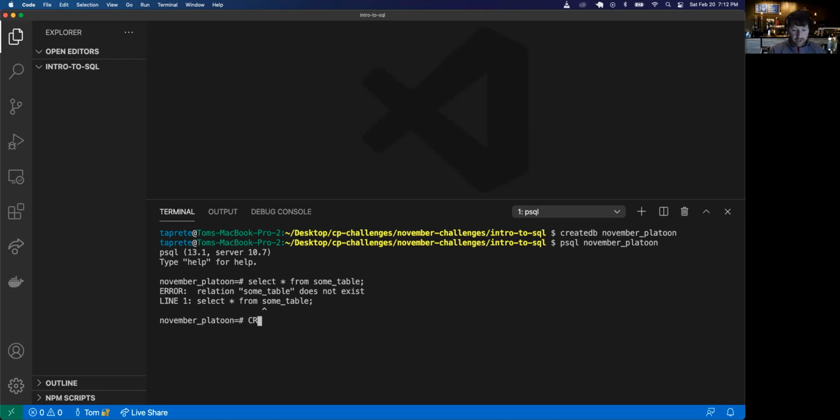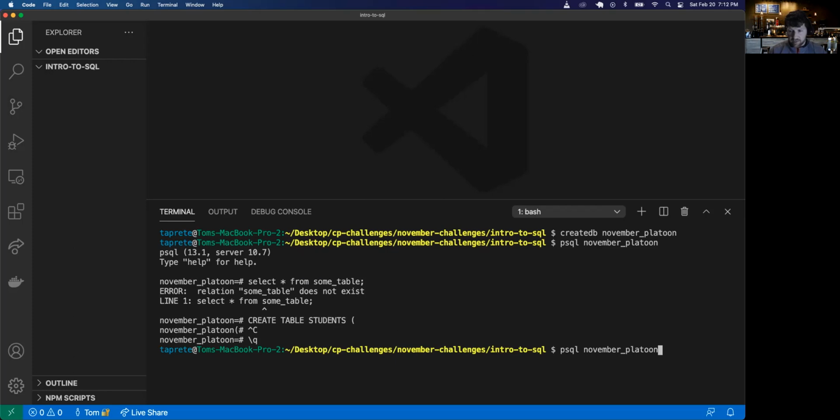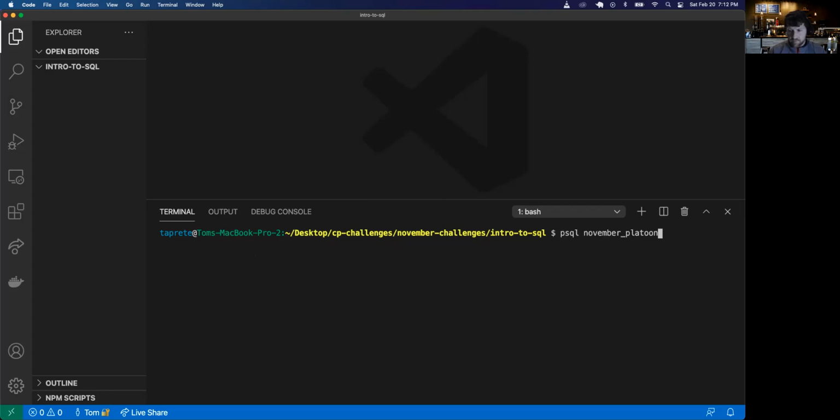I can run create table students and do that whole thing. I'm going to clear that. I just wanted to exit out. Or I can create a file, which is a little bit better, to create my database schema. So I'm going to quit here. So I can do \q and I'm going to clear the screen. And now I'm going to create a file called schema. So touch